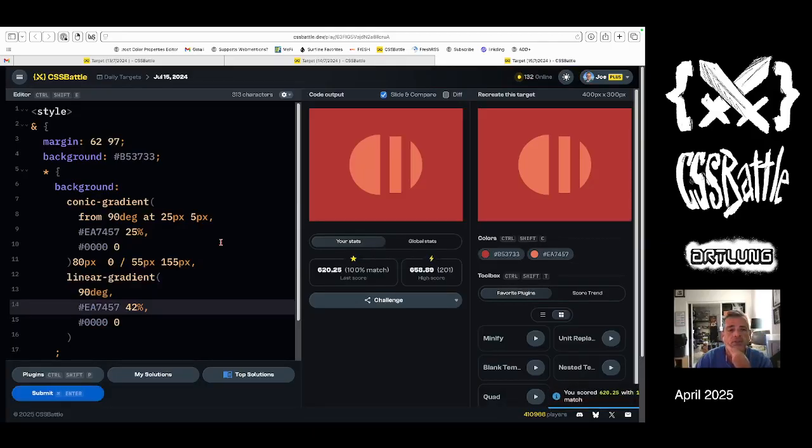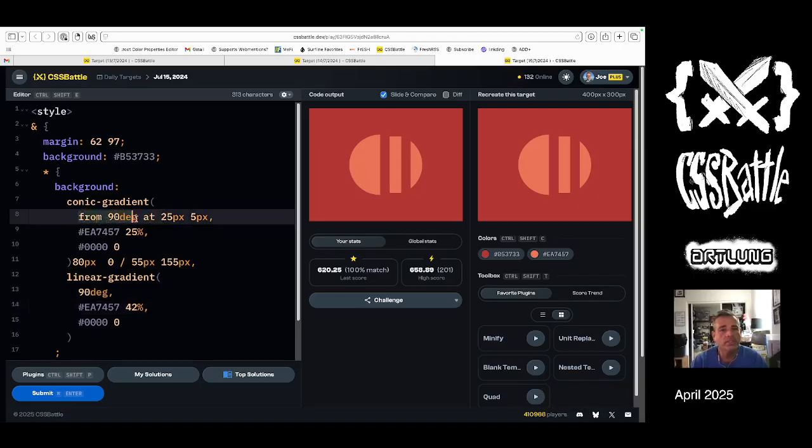So that was a lot of code, very fast, with a lot of assumptions, because I understand how a conic gradient works, what the from does, what the at does. So the from on a conic gradient is a starting point, it's always at the top. If you say from 90 degrees, you say no, start it here. Now, that changes, like I could change the color stops. You don't need the from. From is a nicety. At the center, you do need. If you're going to be creating a conic gradient that's got a center that's off center, you want that at. And then we've got